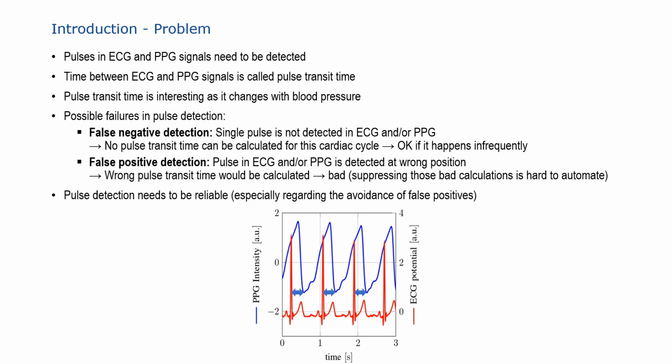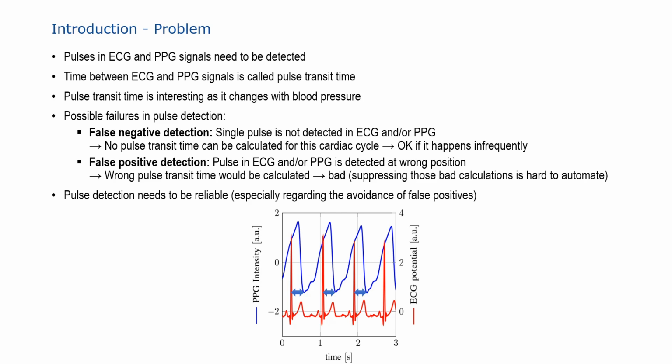A failure could either be a false negative or a false positive. A false negative means that a single pulse is not detected at all. In that case, the pulse transit time cannot be calculated for this cardiac cycle. This is not great, but if it only happens infrequently, it's not a big deal. In our case, as we are interested in the long-term trend and a small number of consecutive missing measurements won't